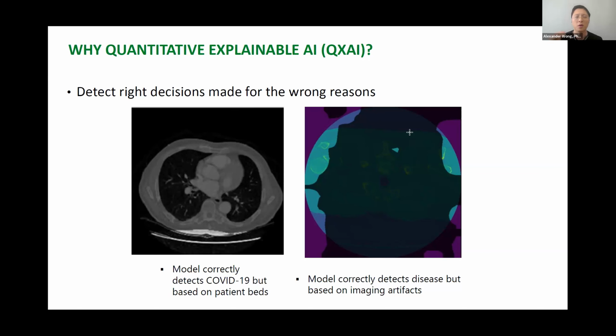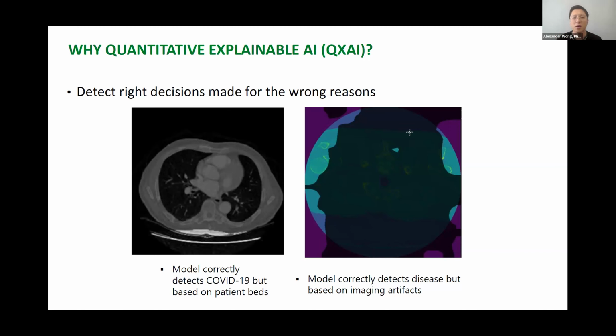We took all the data and we removed the beds, and lo and behold, once it learns and trains, it still gets very good sensitivity and specificity, not perfect, but based on the explanations, it was always looking at lungs. It was looking at the ground glass opacities, bilateral abnormalities, and so on and so forth. So now you have a model that not only has great performance, but also does it for the right reason.